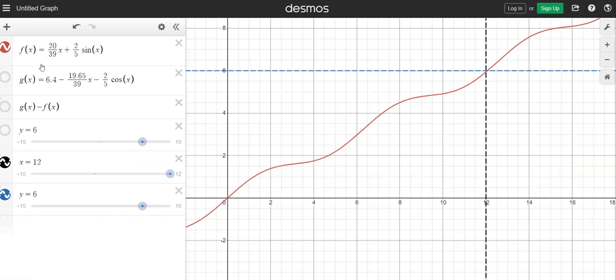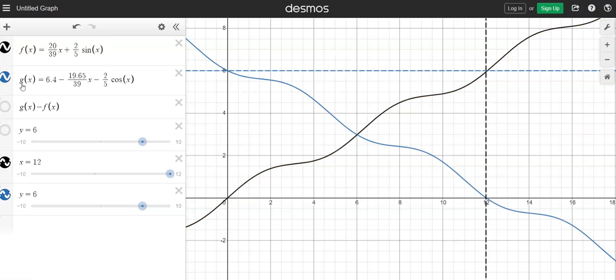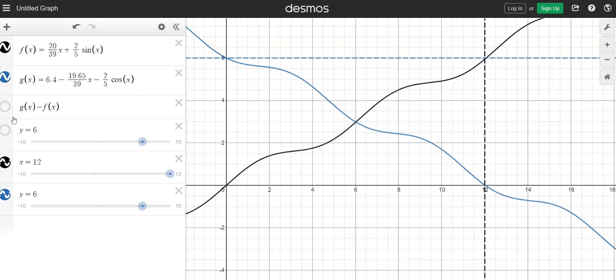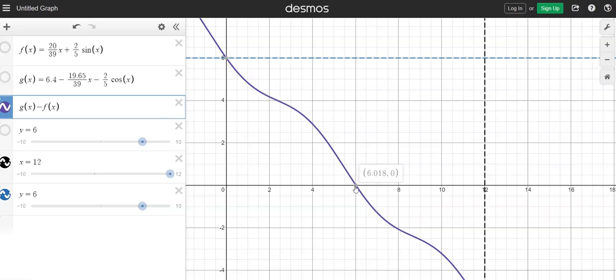Let me see if I can get over there. So here's what I've sketched out as the up path. I think we called that the black function on my first graph, so let's make it black. Here's the down path. And so what I'm claiming is if I take the difference, which you can see on the left here, this third cell is the difference function. The purple function,